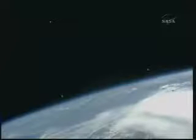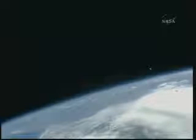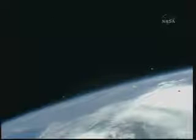This is Mission Control Houston. ANDE-2 successfully deployed today by the crew of Endeavour. As they made a pass from Texas to Arkansas, they're now about to cross just to the southeast of St. Louis, Missouri. You see the two perfect spheres of the ANDE-2 experiment there beginning to drift apart toward the right